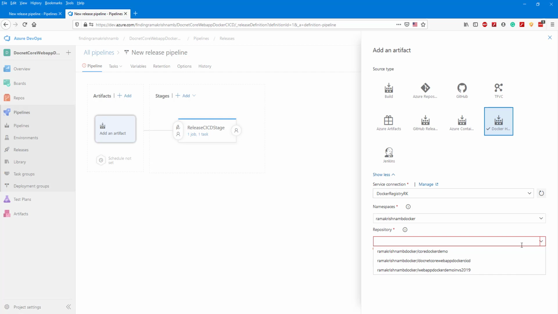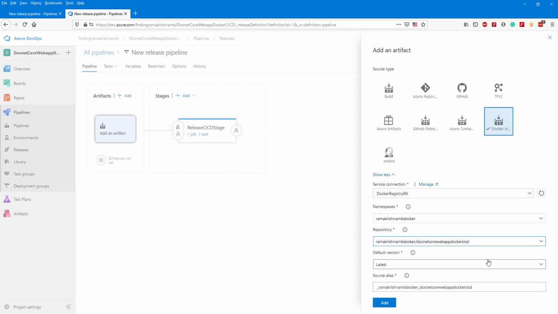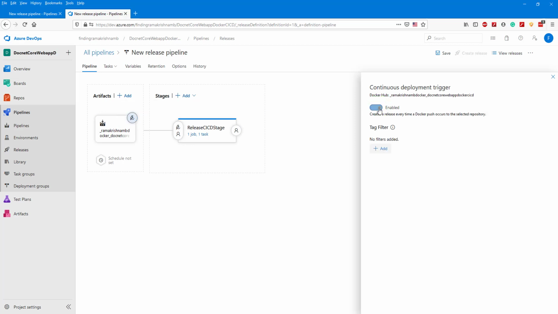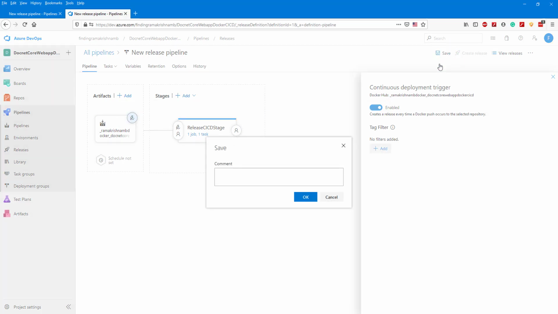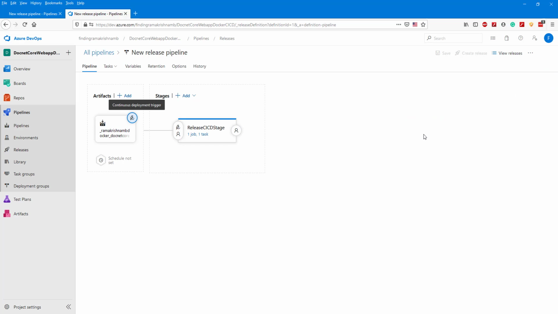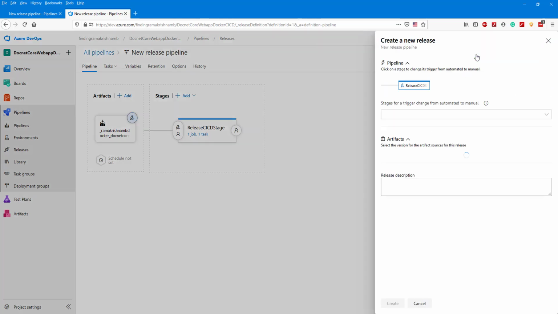So repositories, click on it. We need to enable the continuous deployment trigger, add and save. Okay, just manually run and confirm it's working fine.